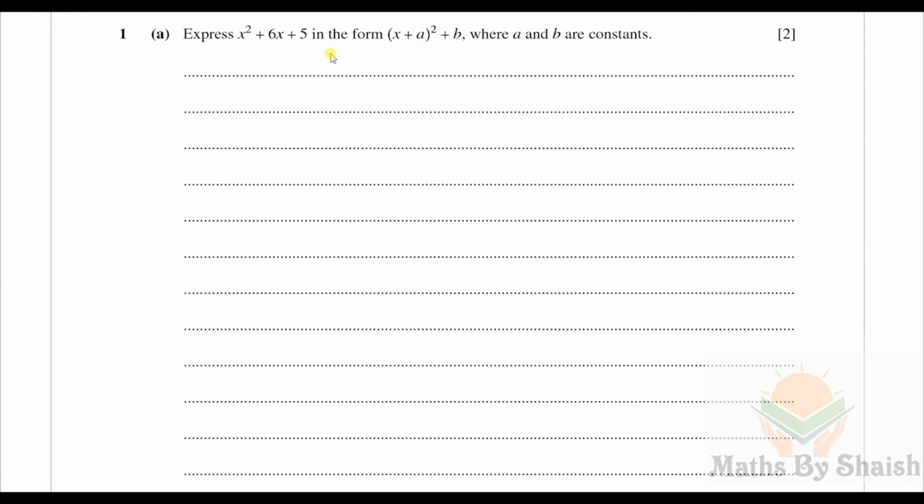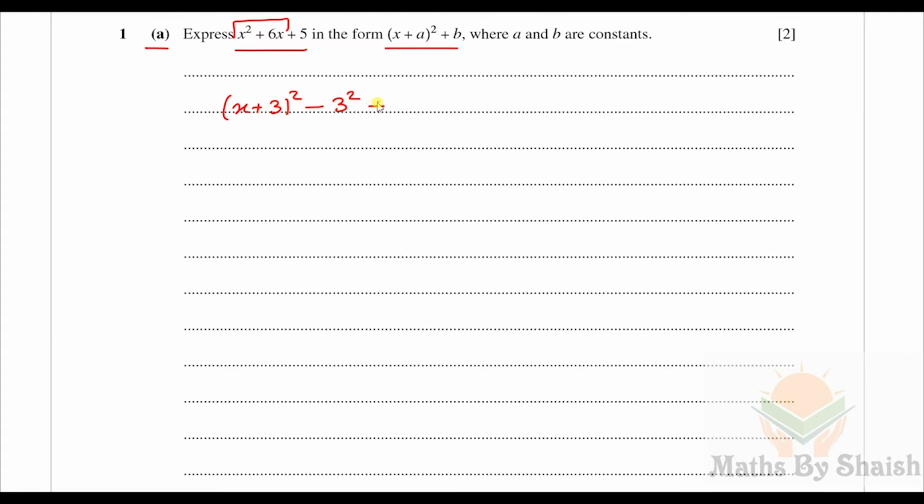Here's question number 1, part A. Express x square plus 6x plus 5 in the form of (x plus a) whole square plus b, where a and b are constants. Whenever we need to express in this form, we are going to use the completing square method, and in order to do it, we require only these two. So it is going to be x plus half of 6 whole square, minus the number we got here, square of it,